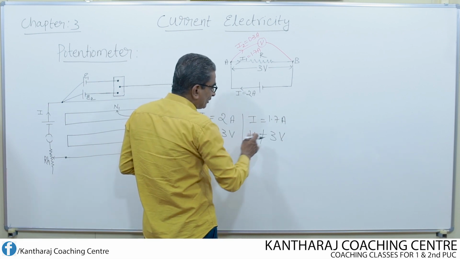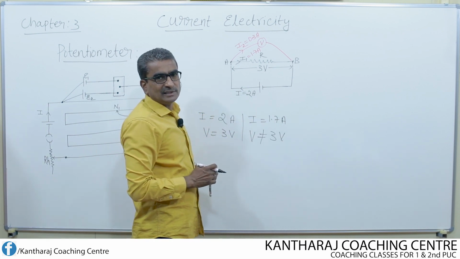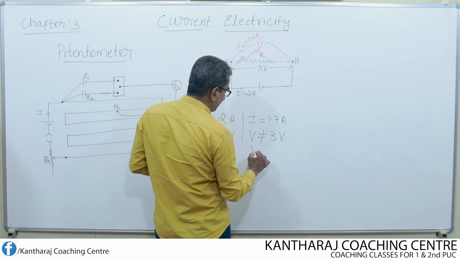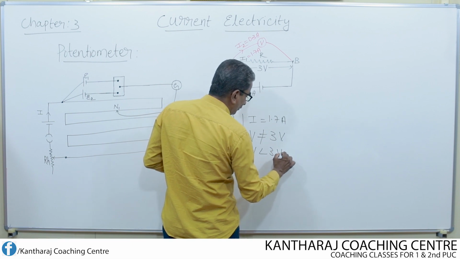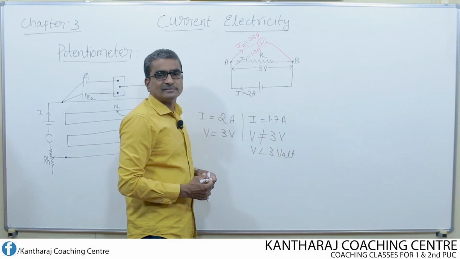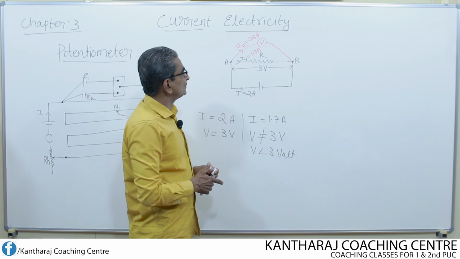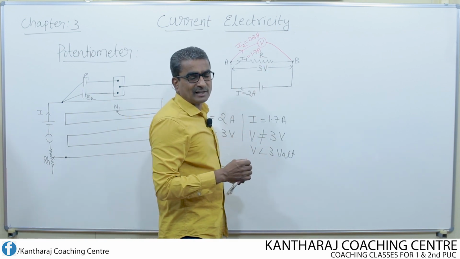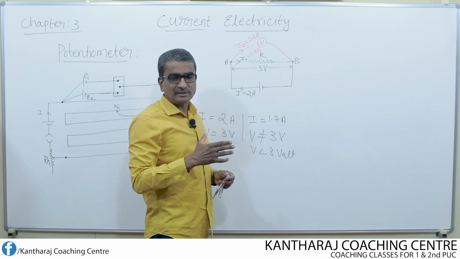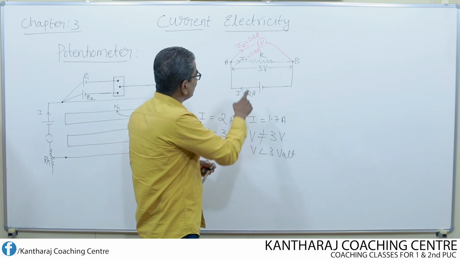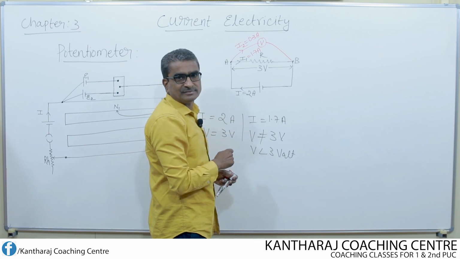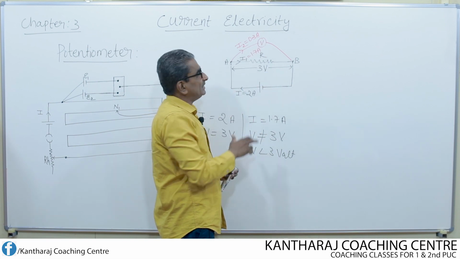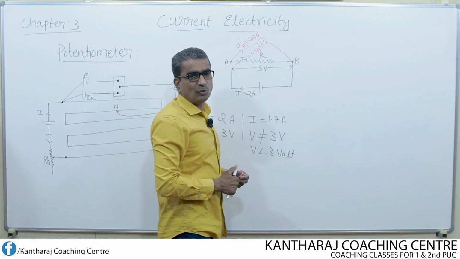Okay, it is not equal to 3 volt. It may read a different potential. Say for example, V may be less than 3 volt. Why is it so? Because this voltmeter is not an ideal voltmeter. An ideal voltmeter is one which does not change the main potential difference. Since this voltmeter changes the main potential difference, it cannot be considered an ideal voltmeter.